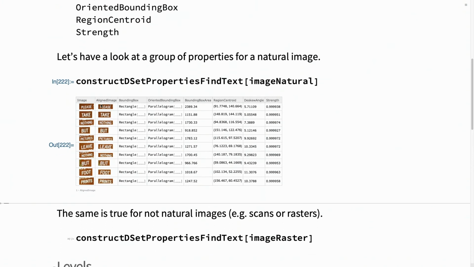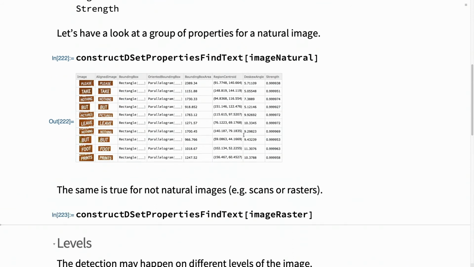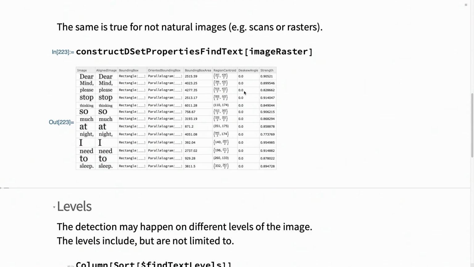All right, so we will be introducing a new function which is probably going to be called find text, and it will basically allow you to extract almost all the possible features you can describe the text on your images with, which is basically all possible variations of regions. It can be oriented bounding boxes, which is basically parallelograms, or normal bounding boxes, skewed angles, the strength of the recognition regions, and